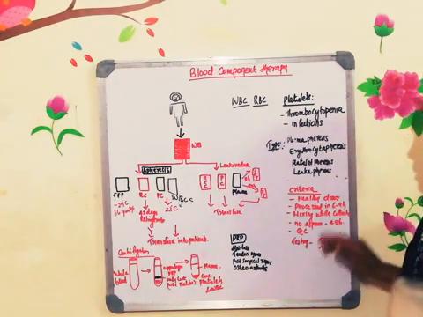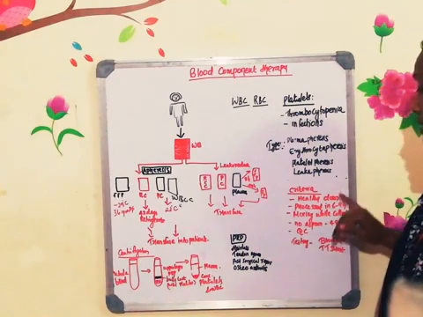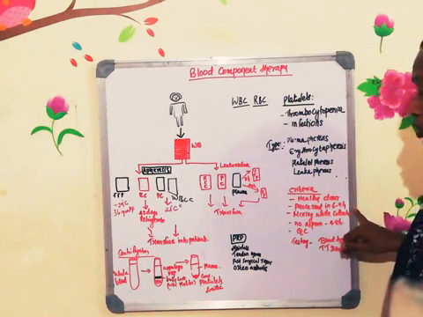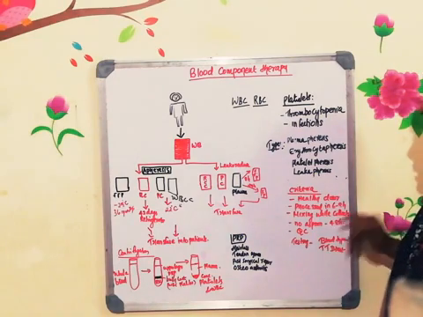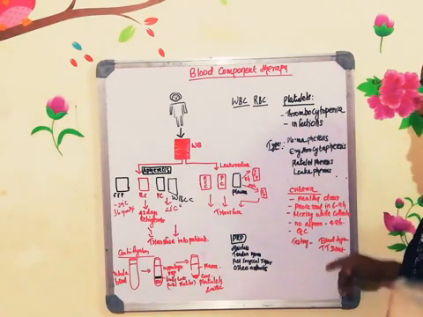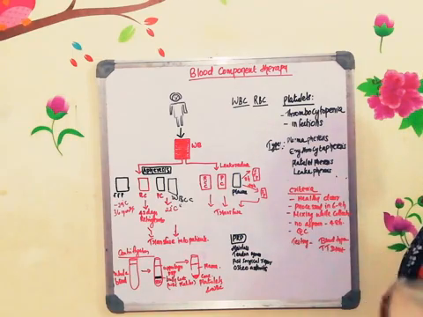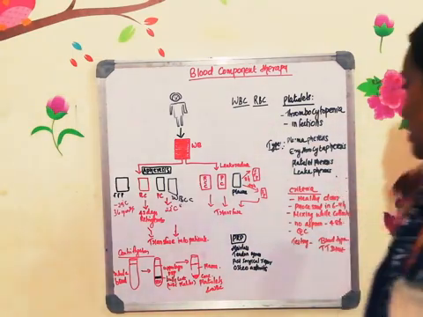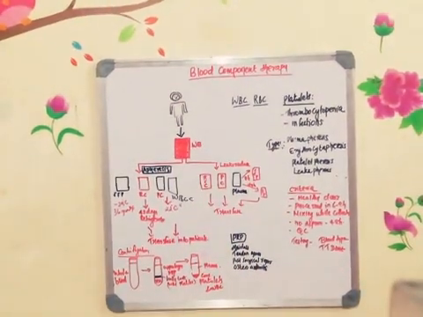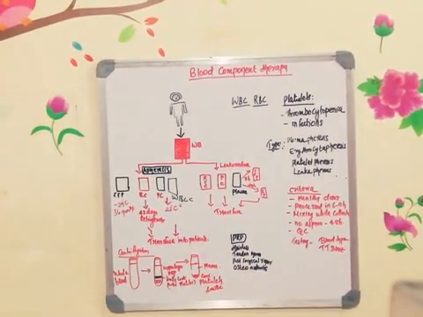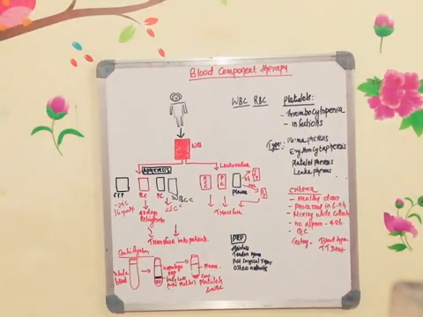And then you have to talk about the criteria. What are the criteria? The donor should be healthy, blood should be processed in 6 to 8 hours, mixing is required while collecting, the donor should not be taking aspirin for 48 hours, and quality control. And the blood will be tested for any transmissible diseases. Okay, so that's all.